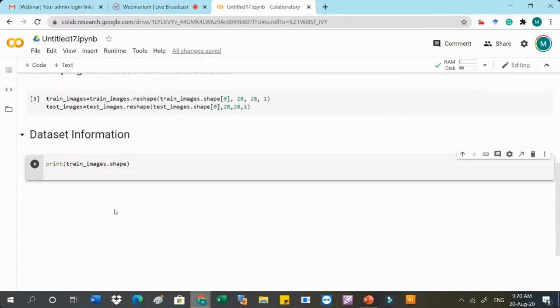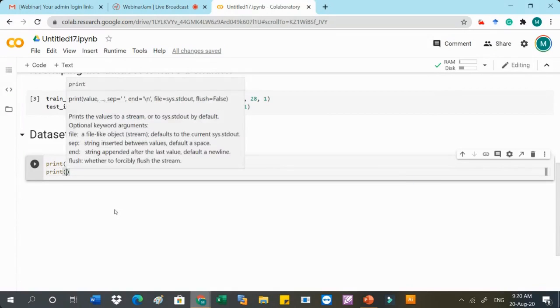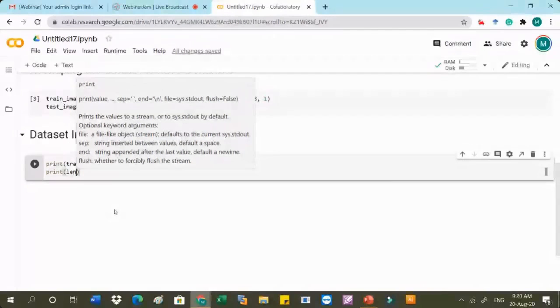This will print the train input shape. Then we can get the length of the train labels. It is required because when you use your own data set, no conflicts should be there. Best practice: whenever you load the data, just check whether all the parameters are correct or not.